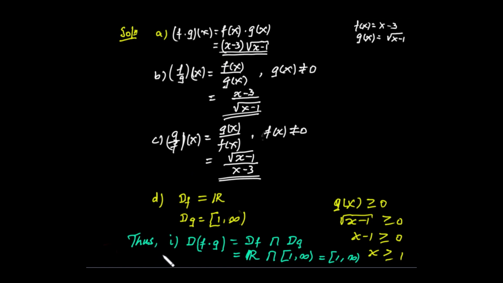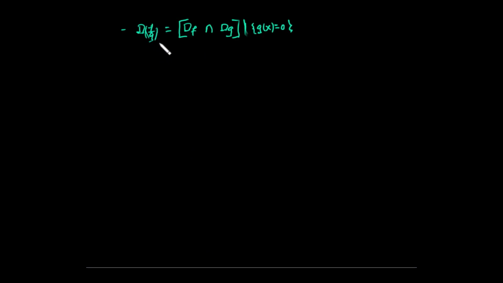ያው ስለዚህ ለመጀመሪያው combined function f times g, thus the domain of f times g is simply the intersection of the two domains and የመጀመሪያው all real number ነው። ሁለተኛው greater than or equal to 1 ነው። ስለዚህ real number ውስጥ ነው በሙሉ ያለው። so the intersection becomes all real numbers greater than or equal to 1 የሚል ይሆናል። so this becomes the domain of f times g ነው። ወደ f over g እና g over f domain እንሂድ። okay domain of f over g ደግሞ the intersection of the two domains without those values of x where g of x equal to 0። ስለዚህ g of x 0 የሚያደርጉትን x value እናስወግዳለን without ነው የሚለው።